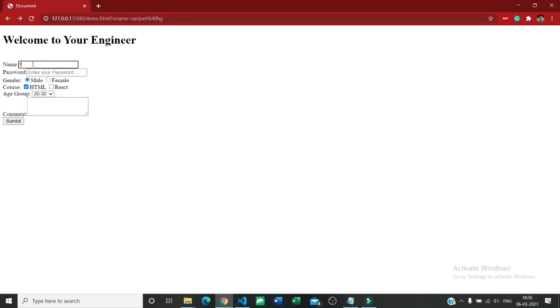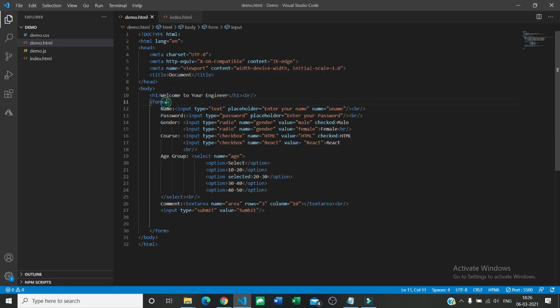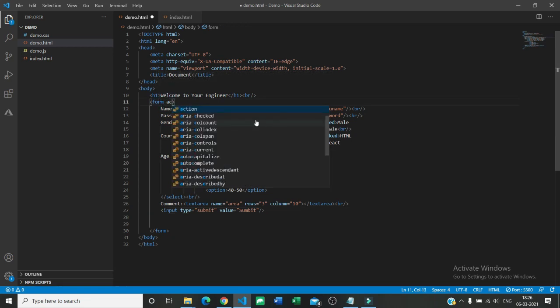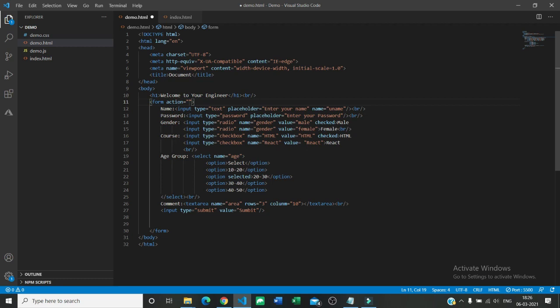Now I enter something, I enter some password, I have selected this thing, I have changed it, I have printed something here and submitted it. But it didn't do anything, it just reloaded. Why? Because in the form element, every time you use it, there is an attribute called action. In action, here we haven't learned any scripting like JavaScript or PHP, and we are soon going to create a course on JavaScript. Stay tuned on our website.